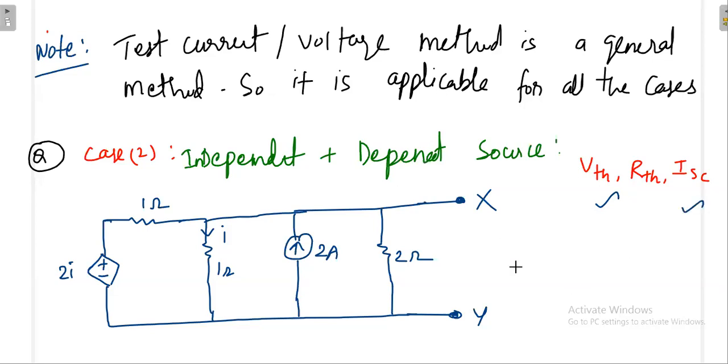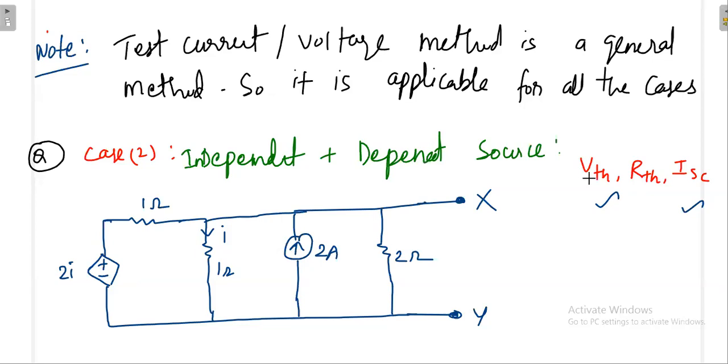But R Thevenin you cannot find directly, because even if you remove the effect of the independent sources, the dependent source is still there. Whenever a dependent source is there, you do not know what the resistance is here. To find R Thevenin you would remove the independent source, so that branch is open circuit, but you cannot remove the dependent source. Since you do not know this resistance, you cannot find the equivalent resistance directly. So we have to go by some other indirect method.